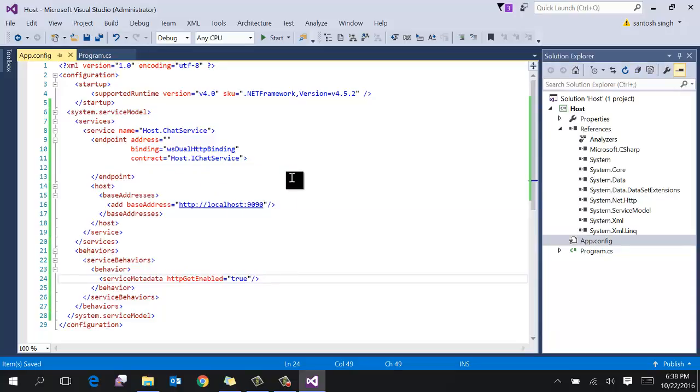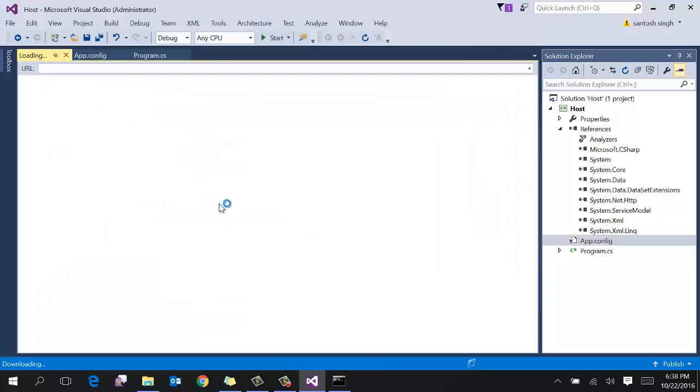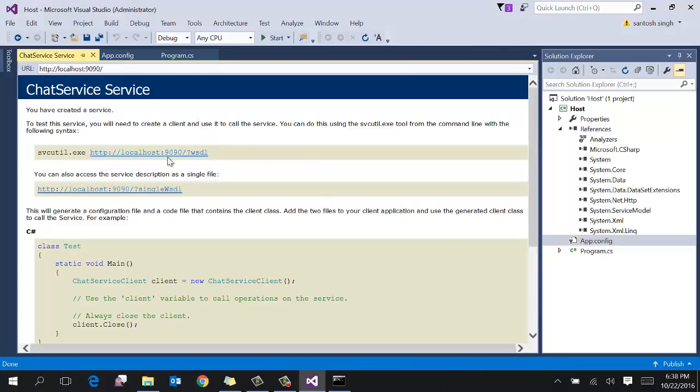So our configuration part is done. Let's run and see whether the service is running or not. Service is ready. Let's go to this URL, and the metadata is also available.